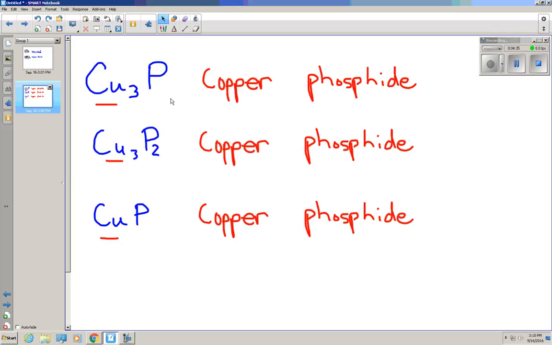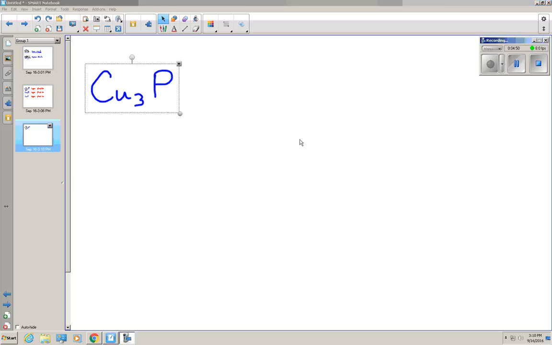Okay, ready? And the way we need to do that is we actually need to go back to the chemical formula. We need to take a look at it to evaluate what are the charges of these two ions, but most importantly, what's the charge of copper in this formula? Okay, so all I did is copy this formula onto a new page. So, got to go back, we have to do a little bit of work, and we have to ask ourselves,